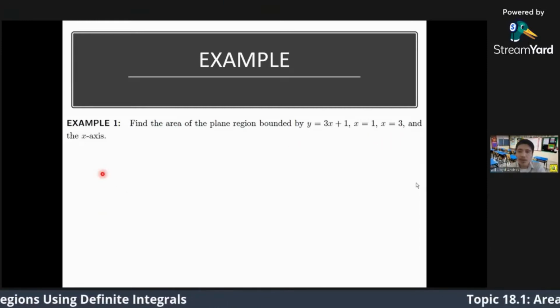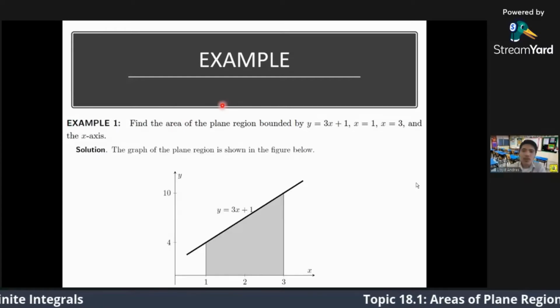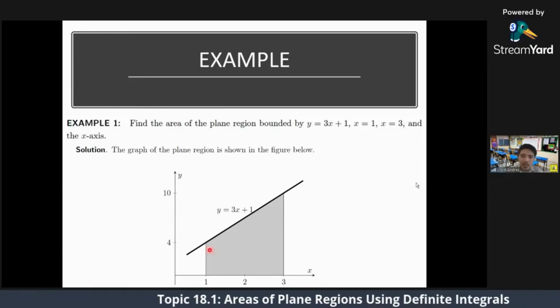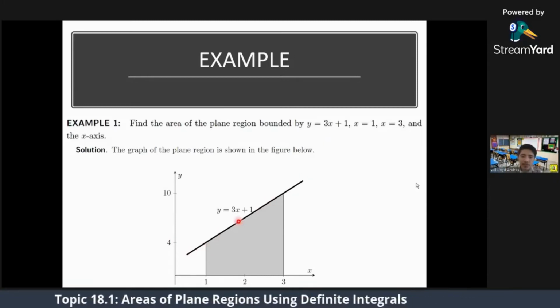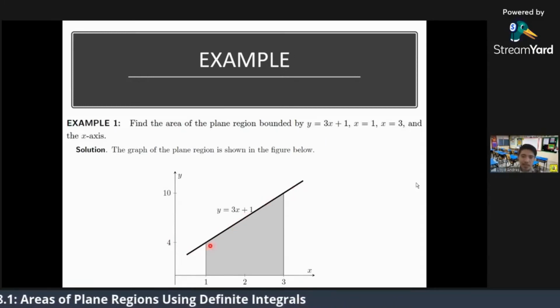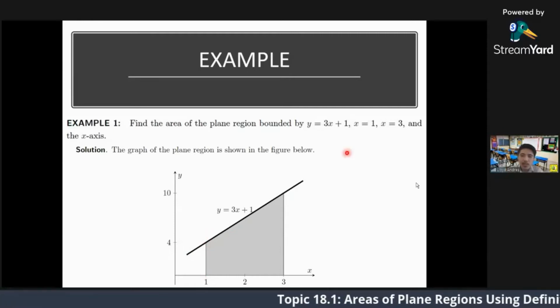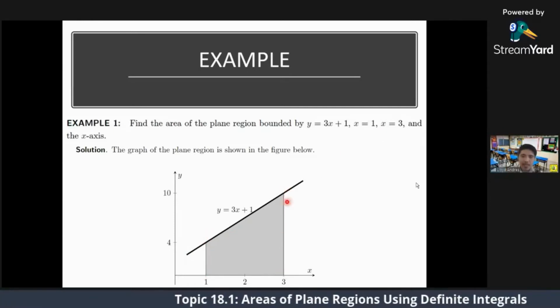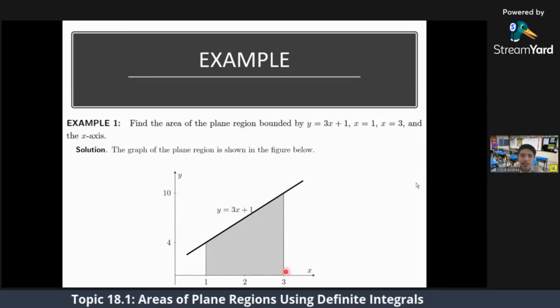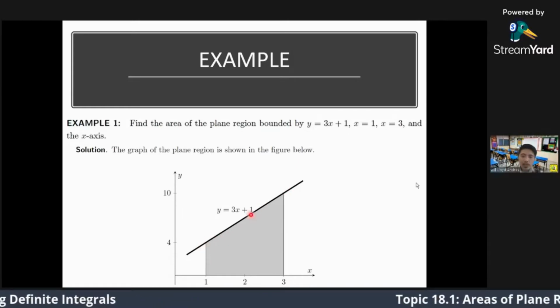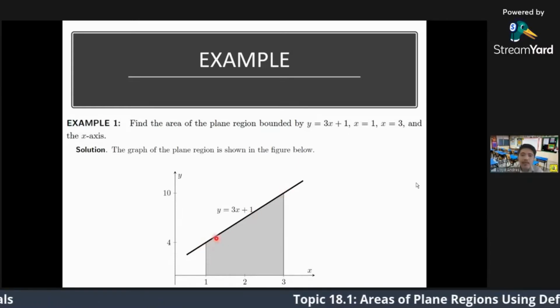If we graph this, y equals 3x plus 1 is this straight solid line, then x equals 1 and x equals 3 are these vertical lines, and the x-axis. Since our graph from 1 to 3 lies entirely above the x-axis,